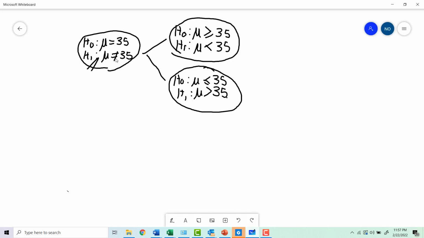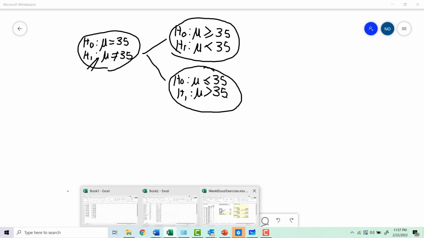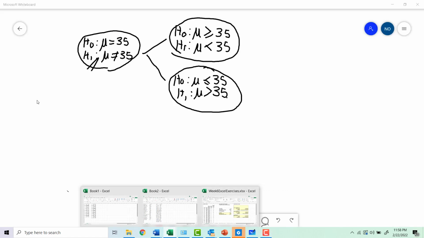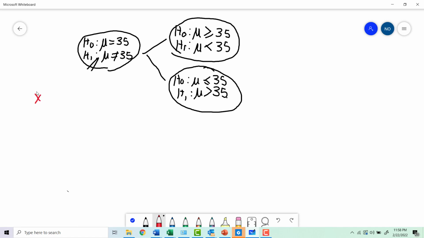And let's summarize the evidence on our little chart here. So let's use a pen. Let's use a red pen. So we have evidence, our X bar was, what was my X bar? 38.676. So my X bar was 38.676. And based on our t-values and our p-values, there's evidence that